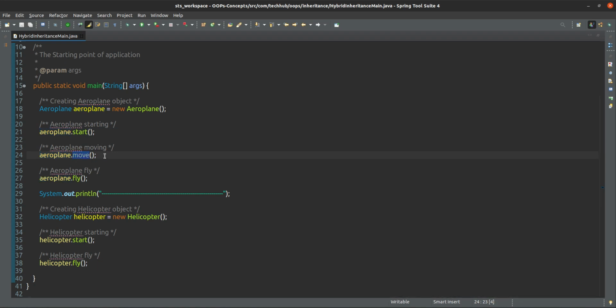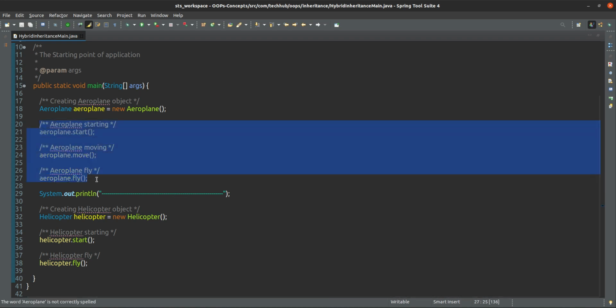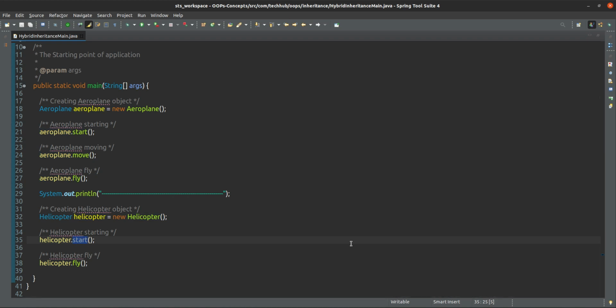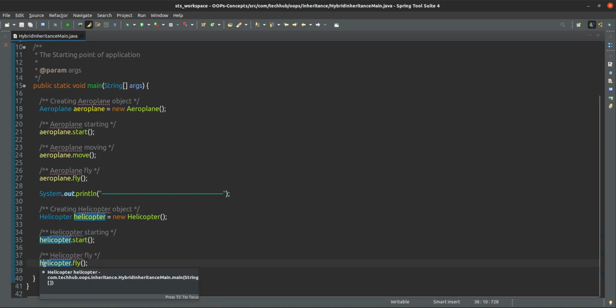After start it is moving, after moving it will fly. So these are the steps to fly the aeroplane. But if you see helicopter, we are creating a helicopter object, and we are starting the helicopter. Yes, the engine has to be started, any vehicle has to be started, but after that we don't need to move the helicopter, directly we can fly.